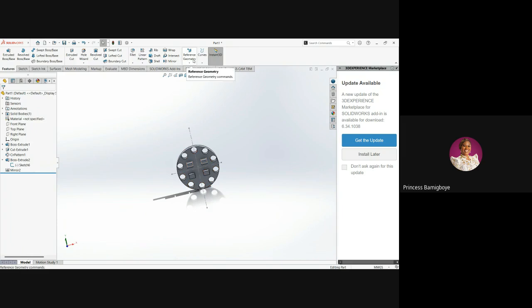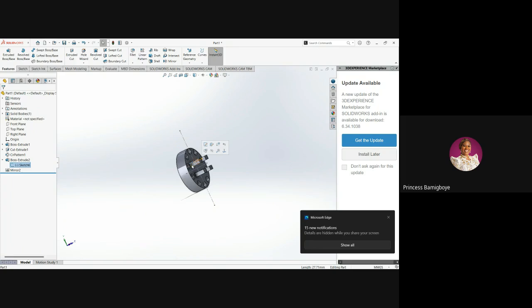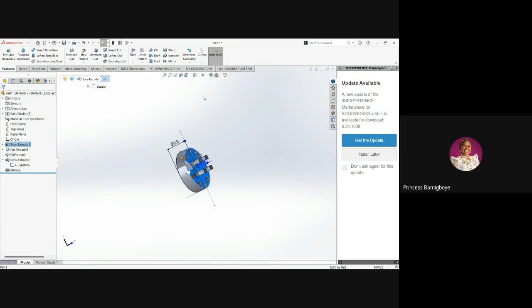Let me just create a plane as per your first question. Now let's see, this model over here. And let's say there was something that was 10 meters away from this surface. So you want to create a feature or a model 10 meters away from this surface, and you don't want to go through the steps of